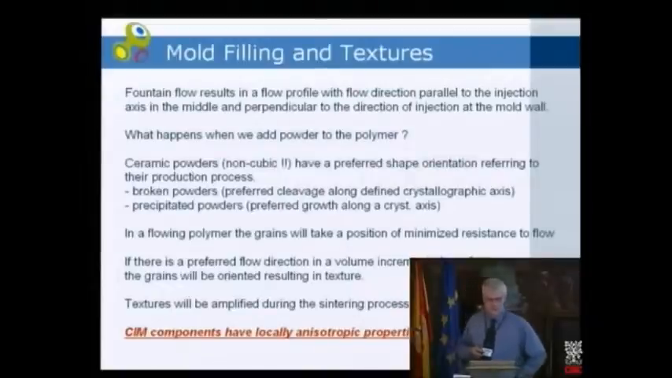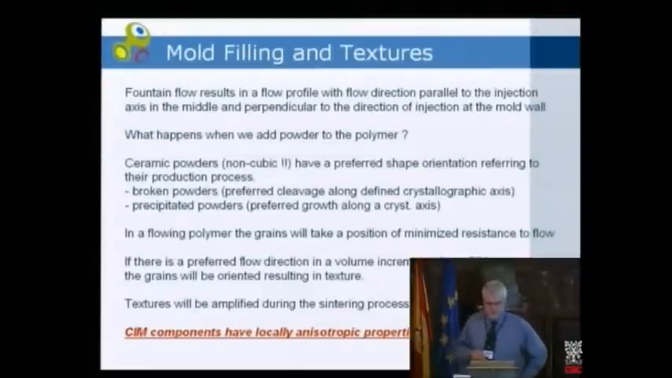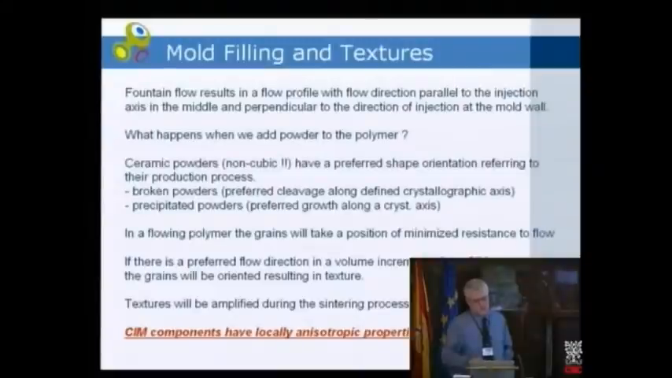What happens when we add a powder? The ceramic powders, we can assume, have, either by their genesis, by breaking of larger particles or by milling, a preferential axis along which they can be split, or a cleavage axis. So in the case of broken powders, we can say that, of course, these powders will have a preferred crystallographic orientation depending on their shape. In the case of precipitated powders,